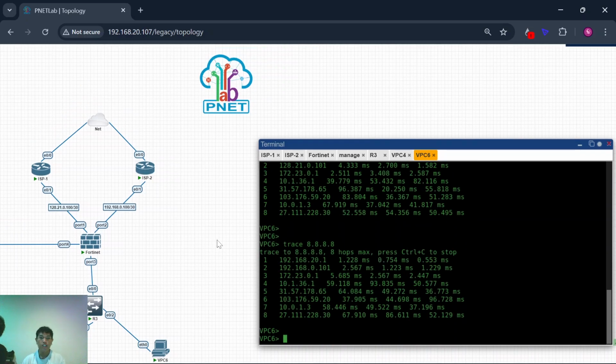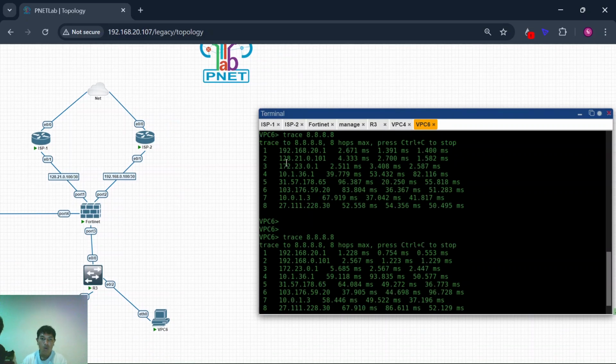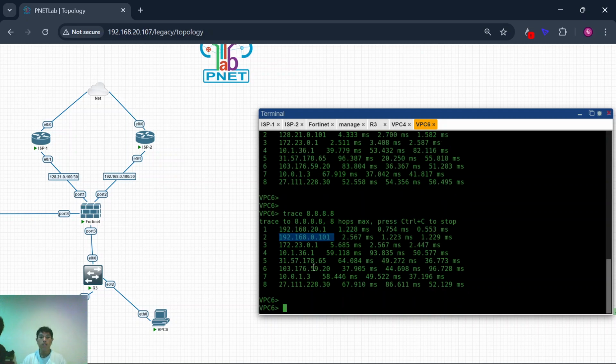This changes from 128.21.0.101, and now it can be 192.168.0.101, whichever. This is VPC6 reaching the internet from SP2.